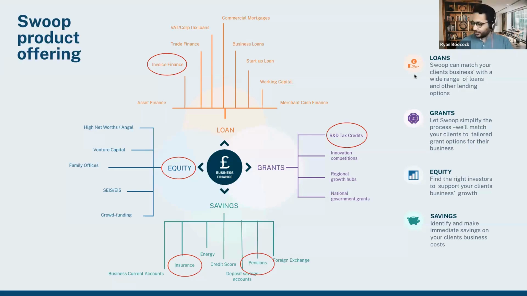On the grants and R&D side to the right, there are more grants than ever on the platform, 550 plus, as we say. That's the most comprehensive grant finder tool in the UK. And we've added an in-house R&D tax credit team to Swoop in the last year or so. If any of you have tried to look for R&D tax credits in the market in the last few years, you'll have seen that it can be a difficult process. It can be a bit of a wild west out there as well. There are a number of, shall we say, sharks with less than thorough ethical priorities, perhaps we could say.